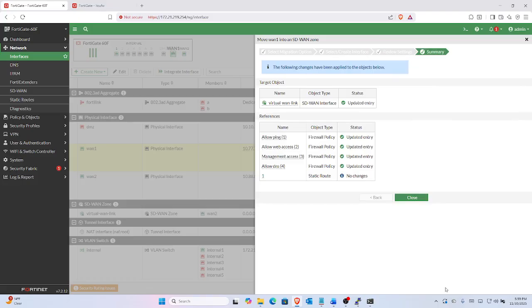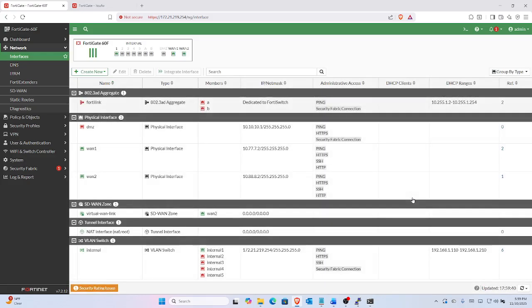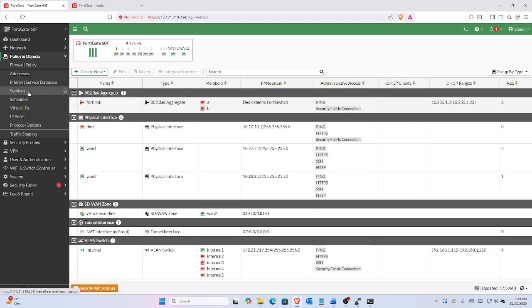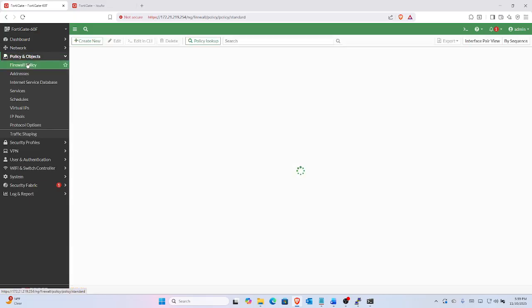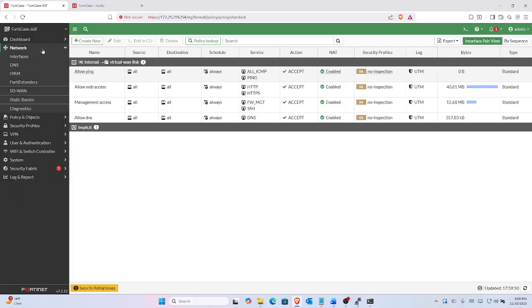Okay. And then we're going to click Close. And you can see it worked everywhere but the static route. There was no change there, which was expected. Okay, so now my WAN 1, if I was to look at my policy and objects, just to show you, and go up to my firewall policy, you'll see now the only policies we have go from internal to virtual WAN link. WAN 1 is out of the picture, which means I can now go back to my network